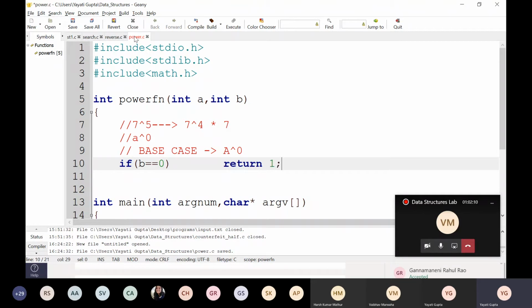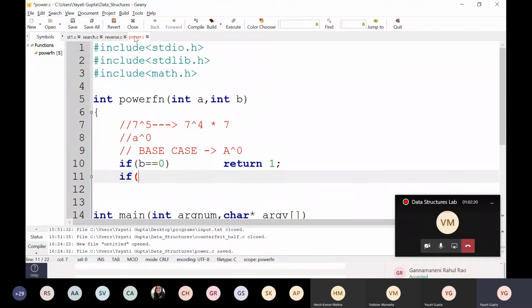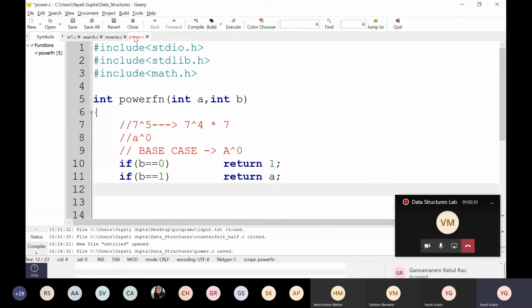You can also make a base case when the value of b is 1. That can also be a base case. So when the value of b is 1, you can just return a, right? So let's also make that a base case, although only b equals 0 is sufficient. But since this problem is also easy to solve, any number to the power 1 is that number. So in this case, I'm going to return a. Otherwise, what I'm going to return,